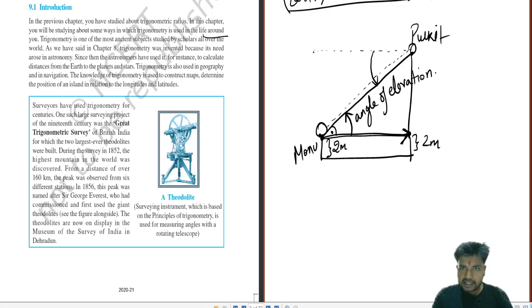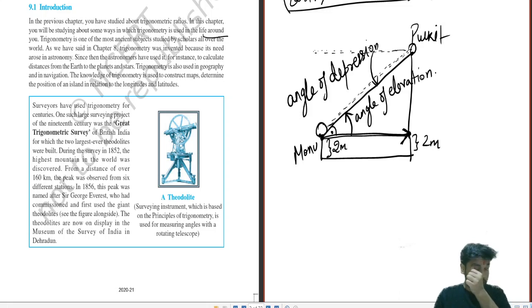Okay, the rays I am showing over here are the rays of my eyes, and the rays Monu is looking towards the upward are Monu's rays of eyes. We will only be concentrating on the rays of eyes. That will clear our concept because we don't look from any other body part other than the eye. So this will be known as the angle of depression.